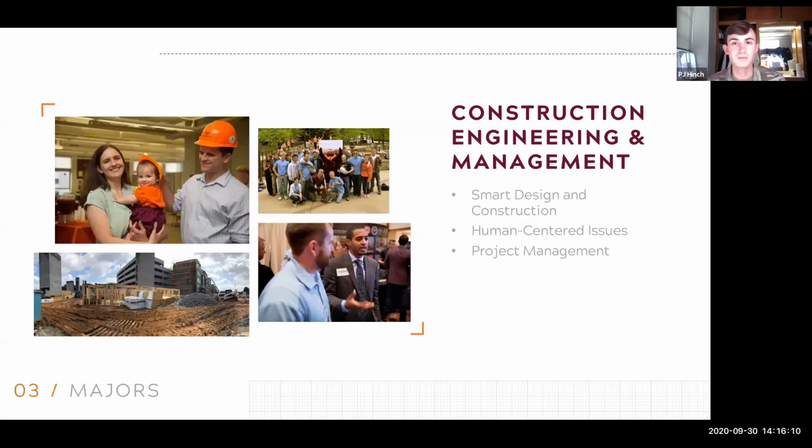And then again, the big thing, especially here at Virginia Tech, is Hokies hire Hokies. There's always a lot of opportunities, especially in Virginia. There's a lot of companies. So I'm from Maryland, out on the East Coast. We have a lot doing with the Bay and all the restoration stuff. So I had an internship lined up with the Chesapeake Contracting Group, but because of the coronavirus, that got canceled. I can't give you guys too much on that, but yeah, they are out there, and especially with construction,